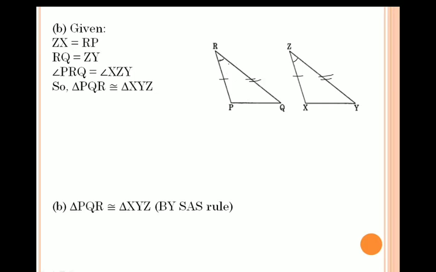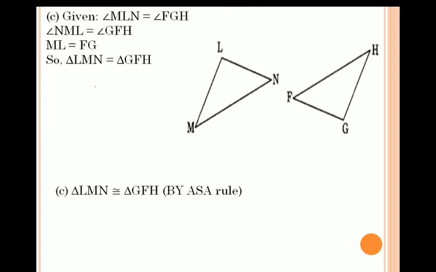And you can see this angle is included by these two sides. That means this side, this angle and this side. So which rule can be applied? SAS rule. So this triangle PQR and triangle XYZ are congruent by SAS rule. Okay dear students. So the next one is, they give us two triangles, triangle LMN and triangle